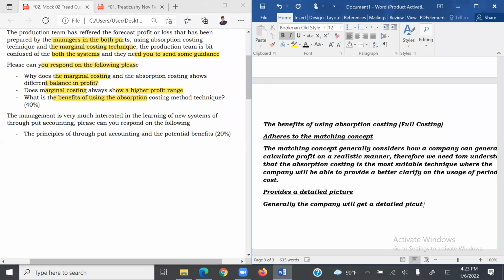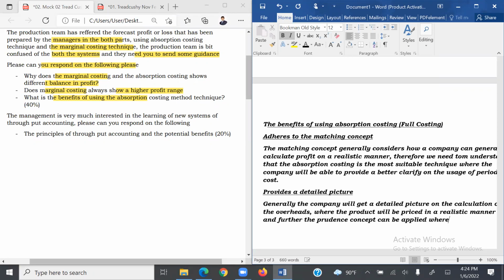on the calculations of the overheads, where the product will be priced in a realistic manner, and further the prudence can be applied. The prudence concept can be applied,